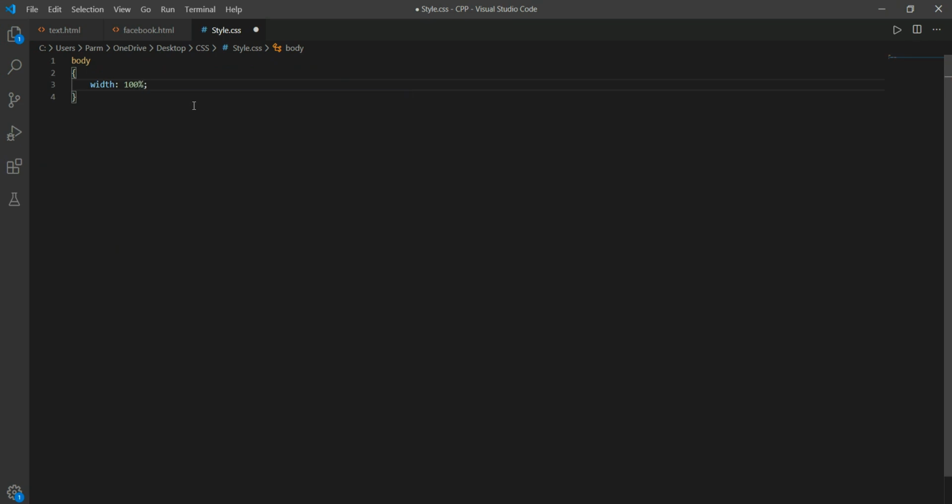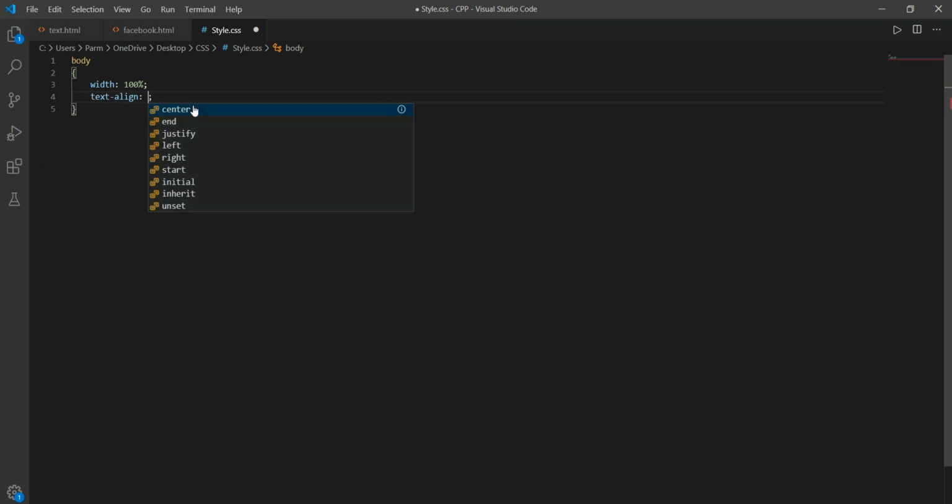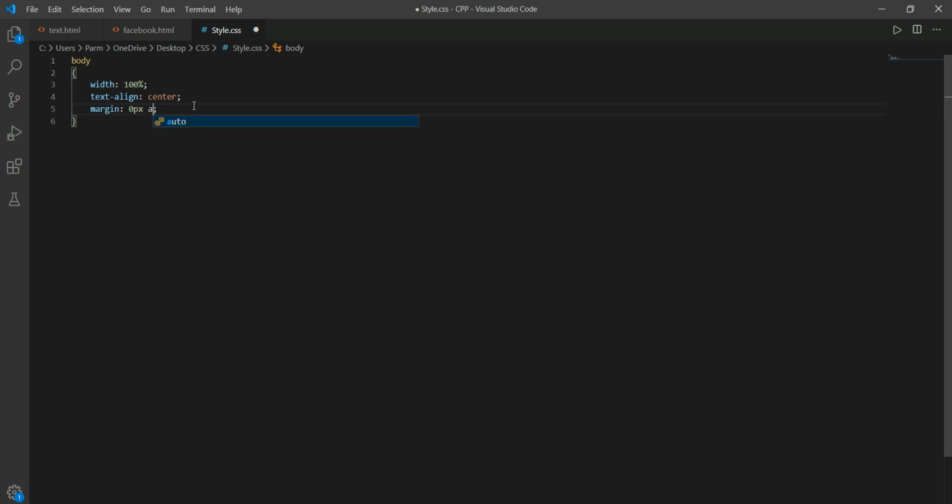Okay, width here is 100%, and if we see the text is aligned center, so here we select text-align center. Then margin, if we see over there, margin is 0 pixel, or we will also set it as auto.